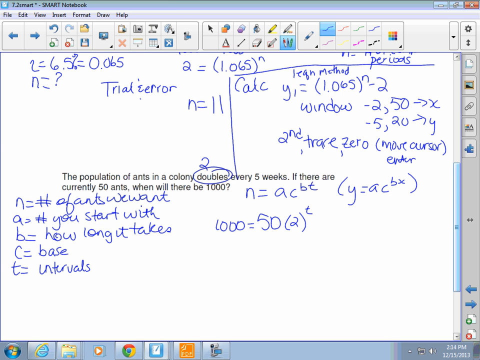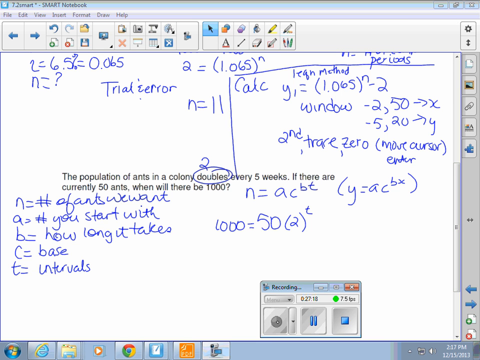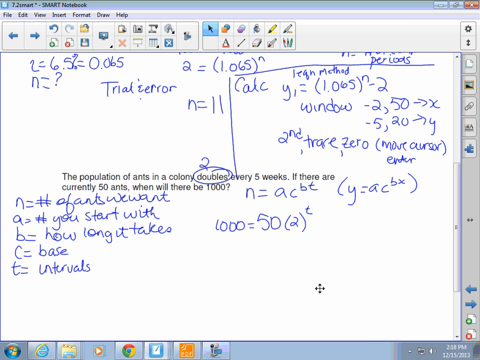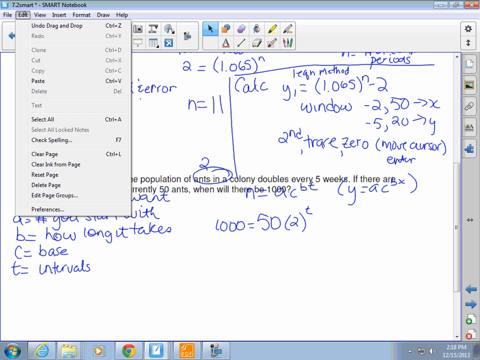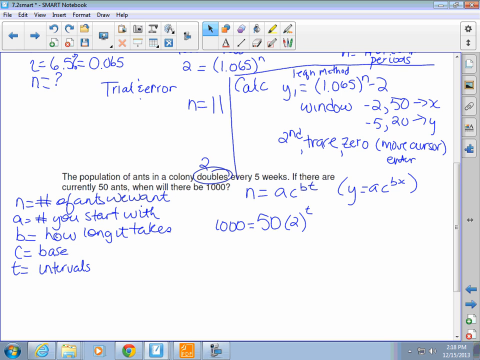There's a couple of different ways of solving this one. One is using your calculator, and the other way is to solve it out. I'm going to give you a chance on your calculator to see if you can get it, and then I'll solve it out for you. So I'm just going to pause here for a minute. Okay, so if I think of this using a